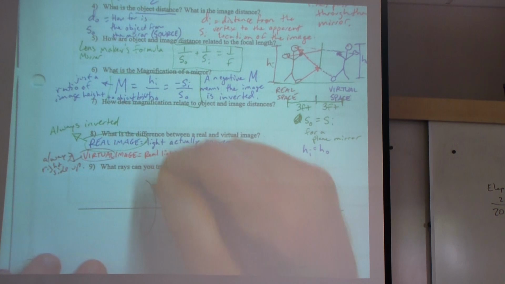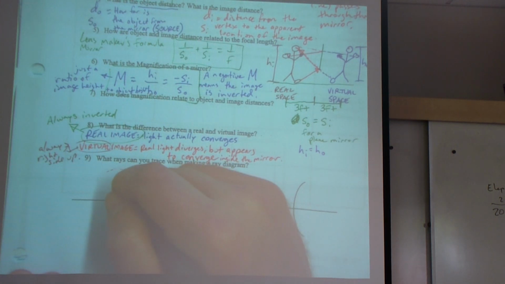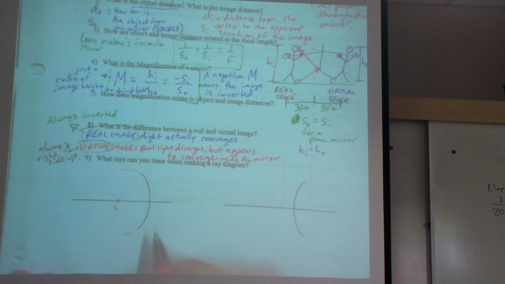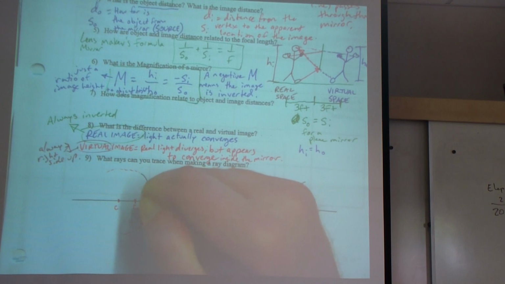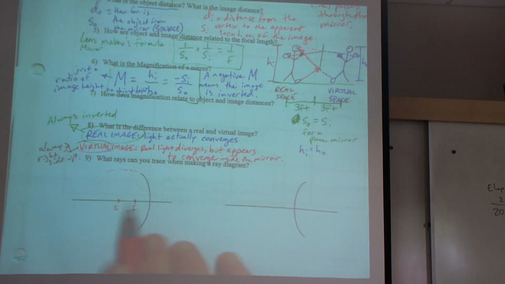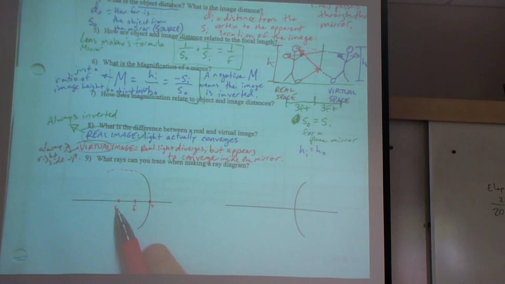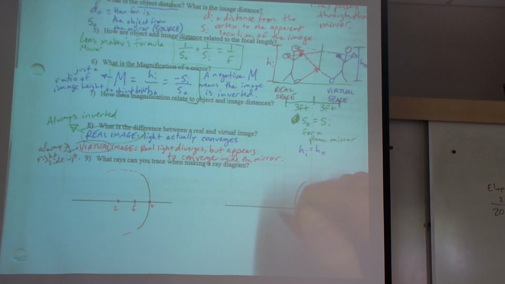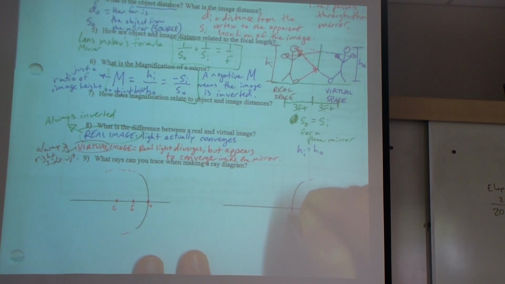Okay, before I do this, I guess I should have labeled a few things for you. If I were to trace this thing around, like to make the full circle, where's the center of the circle? Maybe right there. So I would put a C to indicate the center of the circle. And I'm just kind of guessing here, so you can do the same, just guess. There's the focal length. The focal length is halfway between the vertex and the center of curvature. On this side out here, let's trace this around. There's the center C. There's the vertex